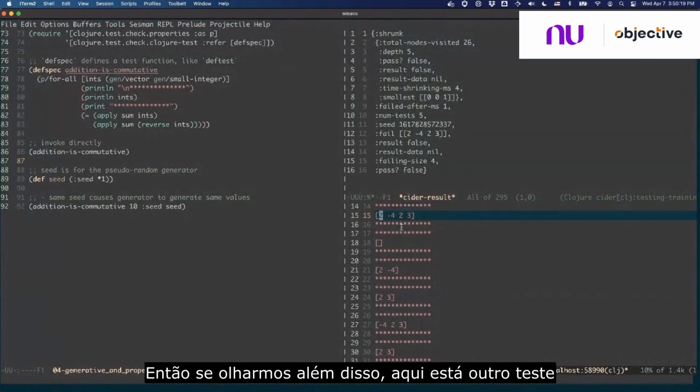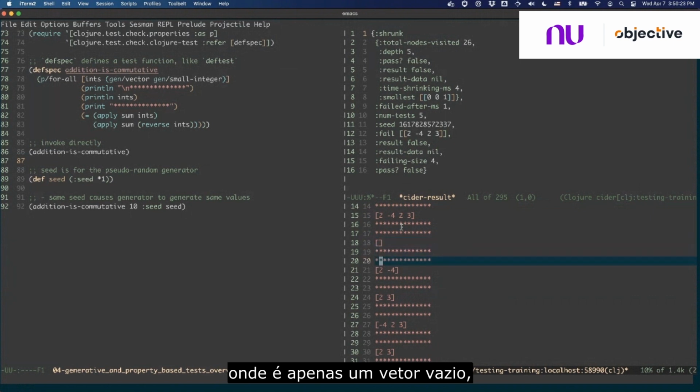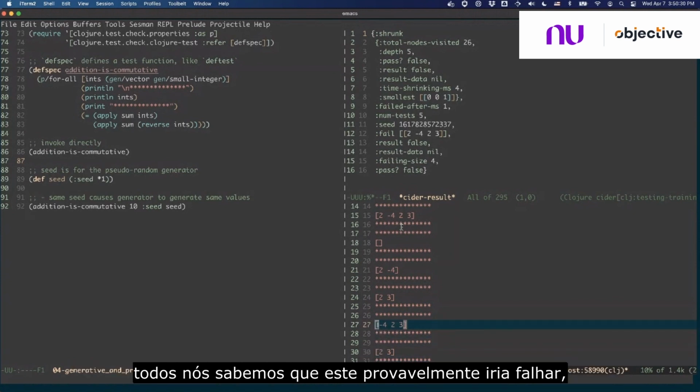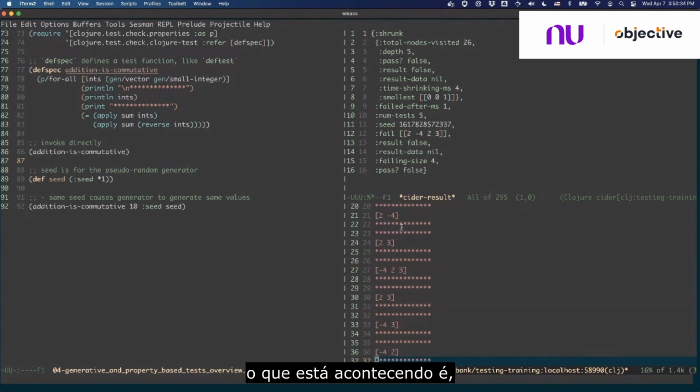So if we look beyond that, here's another test where it's just an empty vector, and here's another couple of tests with 2 elements, and here's another one with 3. We all know that this one probably would fail. So what's happening is